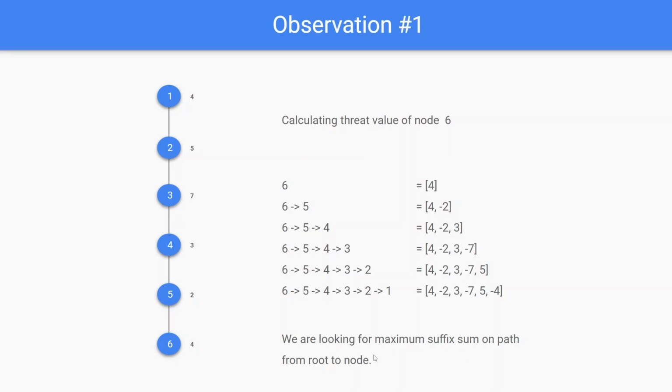From node to root, it's a maximum prefix sum, right? Maximum prefix of this: 4 minus 2, 3 minus 7, 5 minus 4. This is from left to right. If you look at it in terms of node to root, it is maximum prefix sum. But if you look at it the other way, what you're basically calculating is maximum suffix sum from root to the